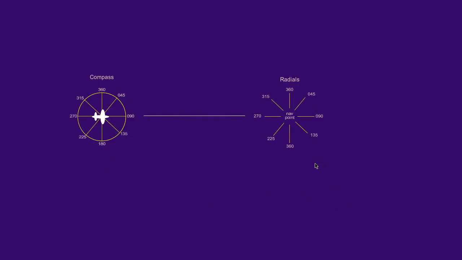on the 270 radial. So we have to mentally switch the radial to get the reciprocal of it to know what heading we should be on. So the heading is a reciprocal of the course radial. In this case we can see that if our plane was on this orientation, we're actually heading down the